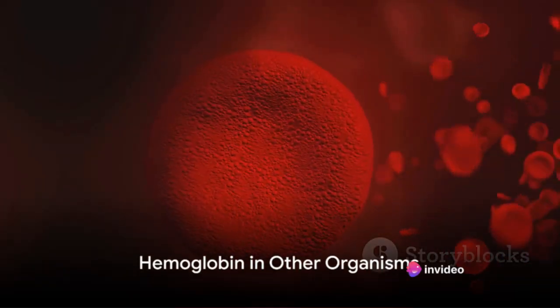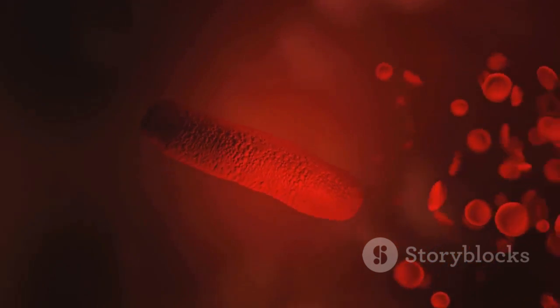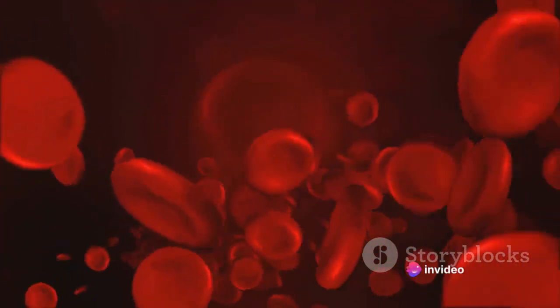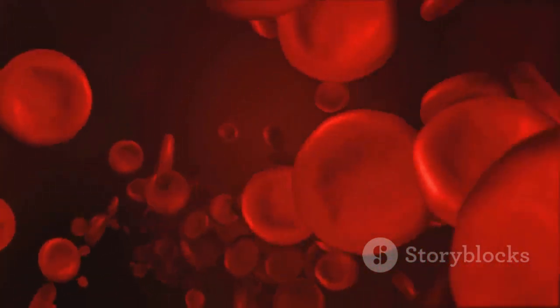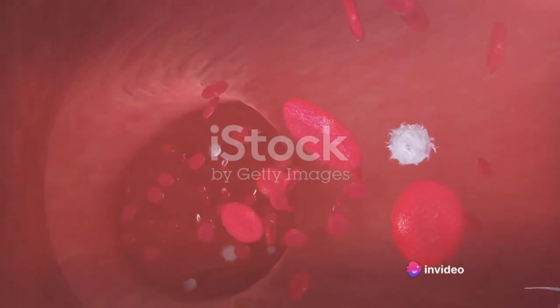It's not just animals and humans that have hemoglobin. Many invertebrates, fungi, and plants contain hemoglobin or hemoglobin-like molecules. These hemoglobins may carry oxygen or transport and regulate other small molecules and ions such as carbon dioxide, nitric oxide, hydrogen sulfide, and sulfide. So, the next time you take a deep breath, remember the vital role that hemoglobin plays